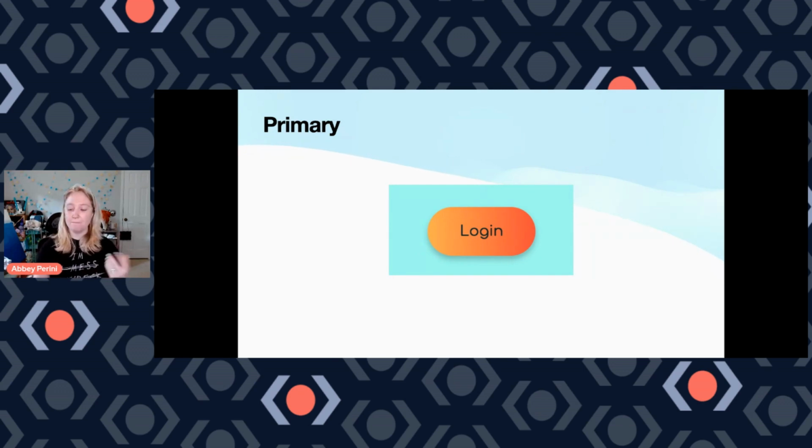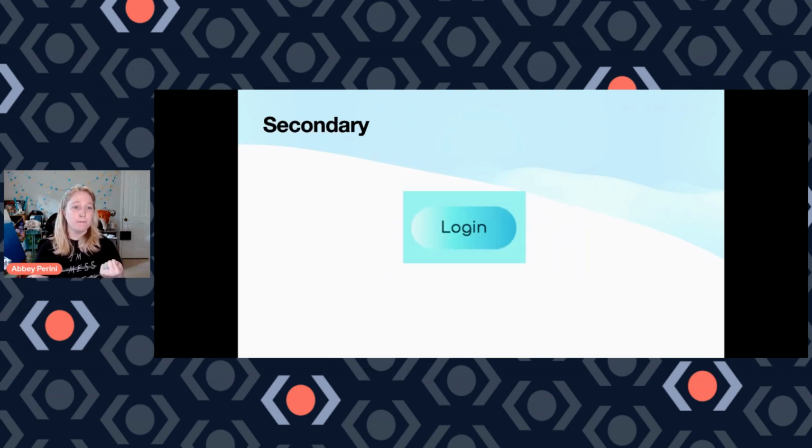It's right there. But say I'm on a registration form and I already have a login. I want to be able to find the login button. That's going to be my secondary type button, but it's not going to be as findable as the register button, right? So secondary buttons are for actions that you are maybe sometimes going to want to find, but it's not the reason you're on the page. Those are our primary buttons.